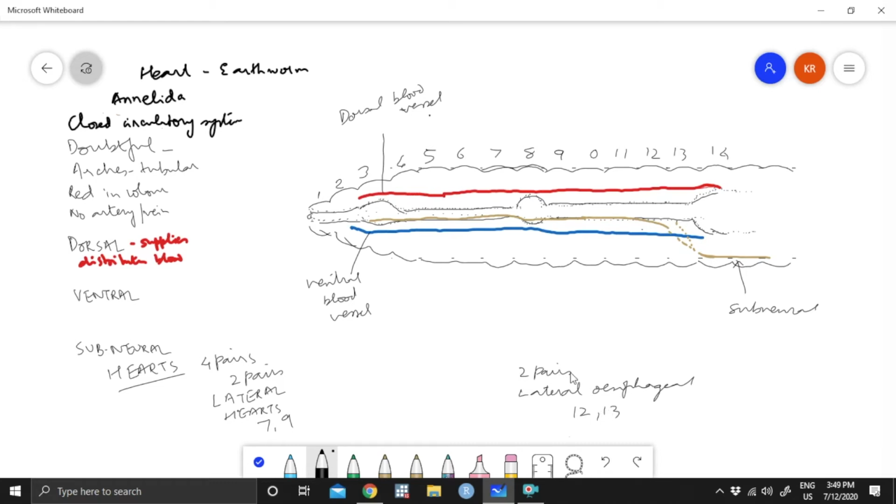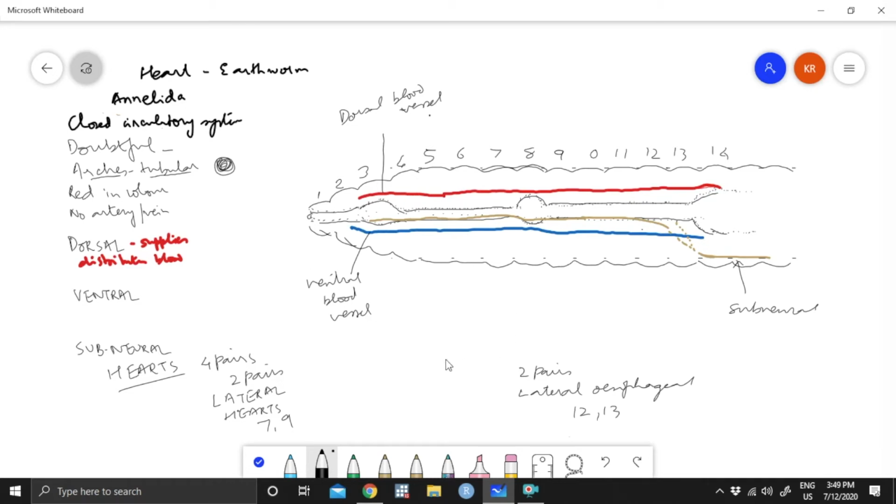That is why initially, if you look over here, try to focus on this particular point. We said that these are arches. They are moving from the dorsal to the ventral side, and they are tubular in nature. So in some books, they are just described as aortic arches. These are tubular in nature. They are not called hearts, but since it is there in the book, we will describe it.